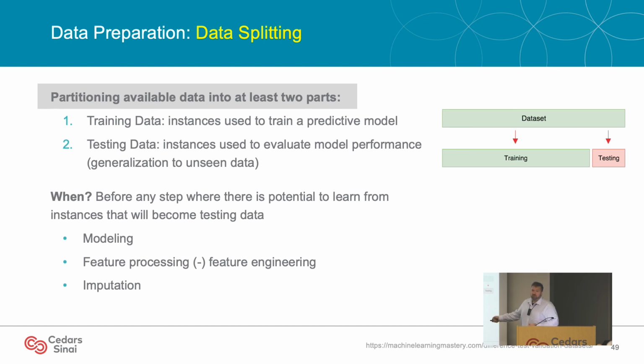Also do this before imputation, right? Because when you impute, you're using information about the rest of the data set to make that educated guess. So if you make that educated guess before you split your data sets up, there is the possibility for data leakage, some information to leak.